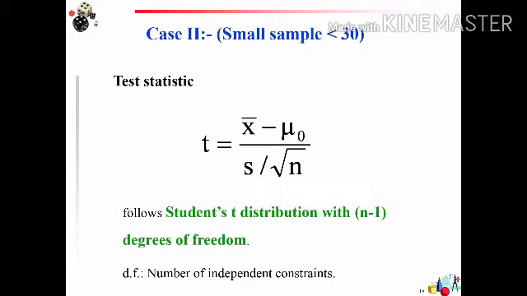Next is case 2. When the sample size is less than 30, we apply the t-test. The test statistic is t equal to x bar minus mu naught divided by s by root n. That follows a student's t distribution with n minus 1 degrees of freedom, and the degrees of freedom is the number of independent constraints. That is, the degrees of freedom are the number of independent values that a statistical analysis